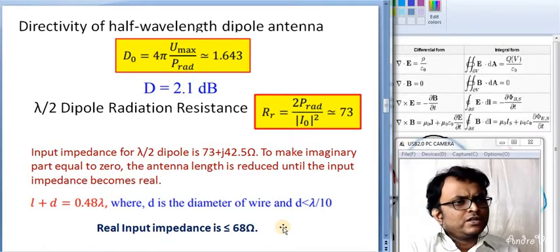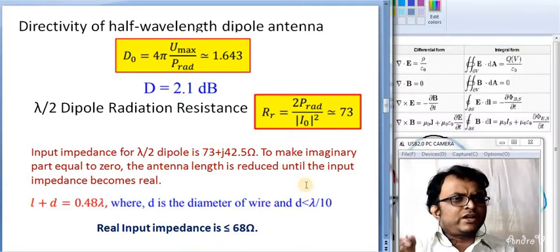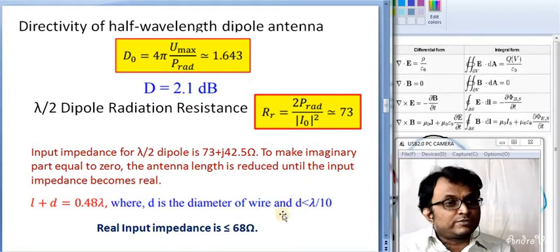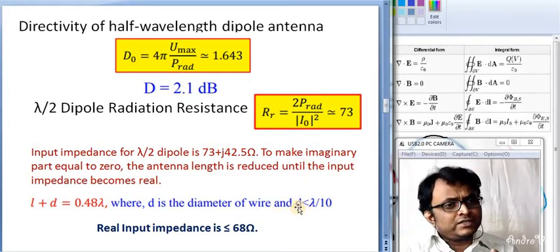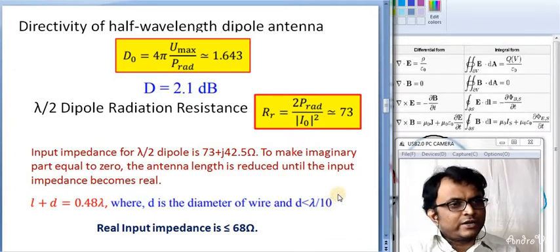So whatever it may be, we have to match this input impedance as well, so that it will be reduced to 67 ohm, very close to the 50 ohm resistance of this cable. So it will work more or less, and definitely there are some losses of power due to this mismatch, but it is actually commercially viable to design this kind of antenna.